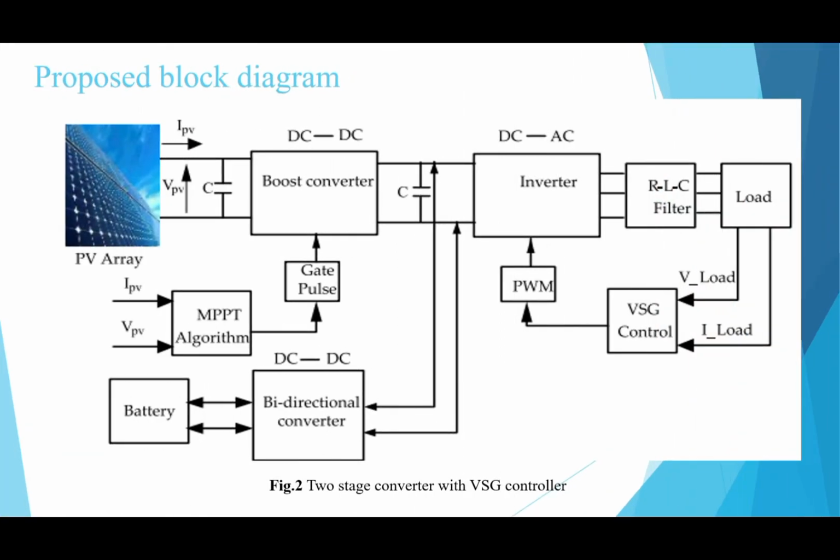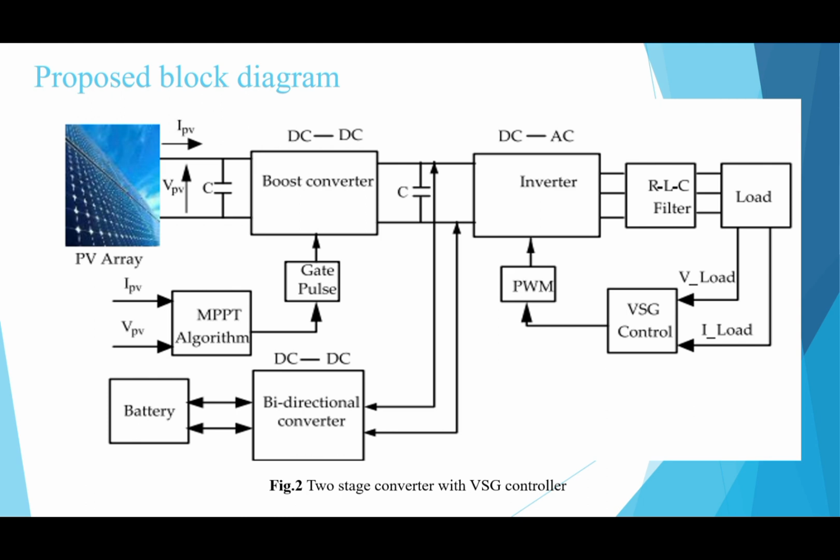The block diagram of the proposed method is shown here. The maximum power from the PV array is tracked and given to the boost converter, which is used to boost up or increase the DC voltage, and this is sent to the inverter to convert DC voltage into AC voltage. Here RLC filters are used to remove harmonics and for better operation, and this AC voltage is given to